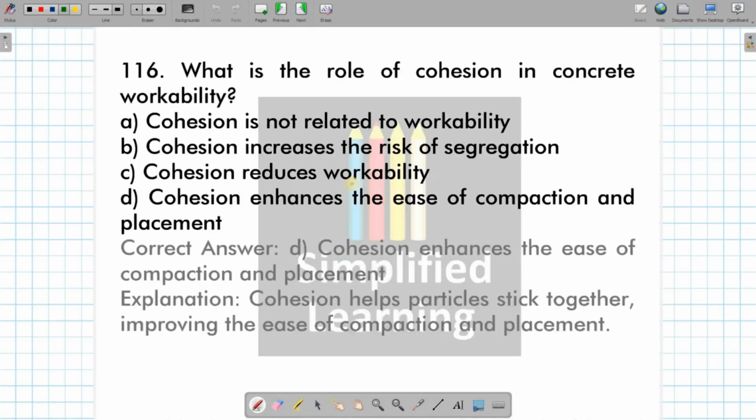Then the role of cohesion in concrete workability. See, cohesion is the property by which the particles, the matter, are going to adhere and bond with each other. Cohesion is going to increase the ease of compaction and placement, right? The role of cohesion in concrete workability is that it is going to enhance the ease of compaction and placement. Okay,